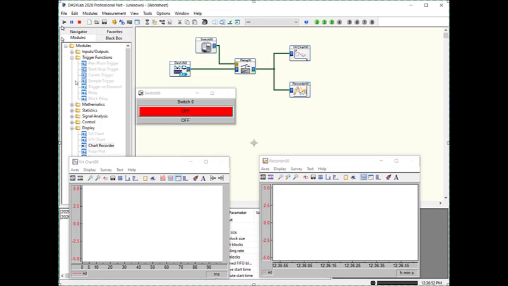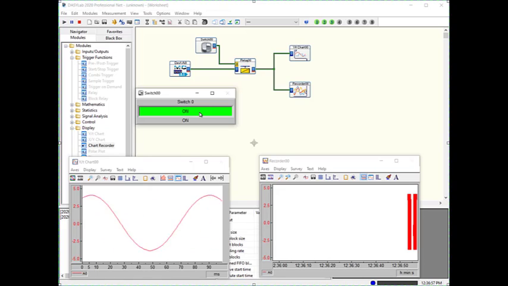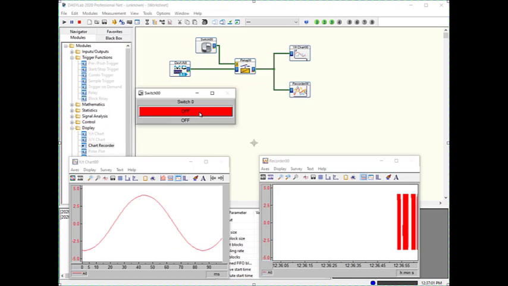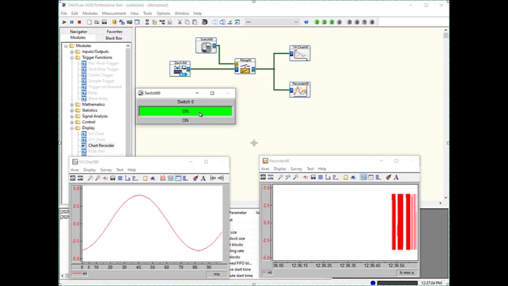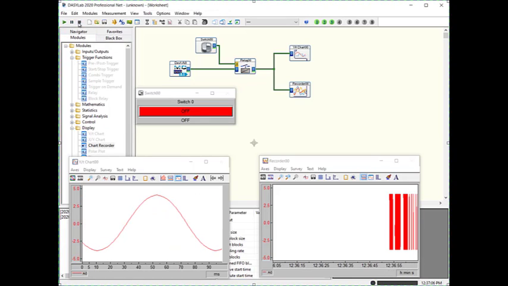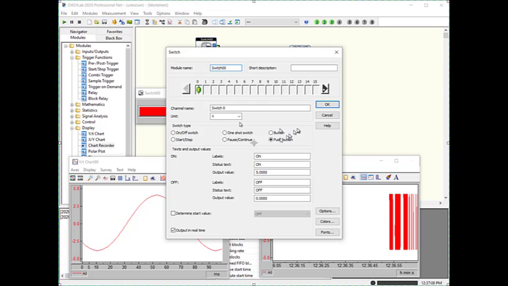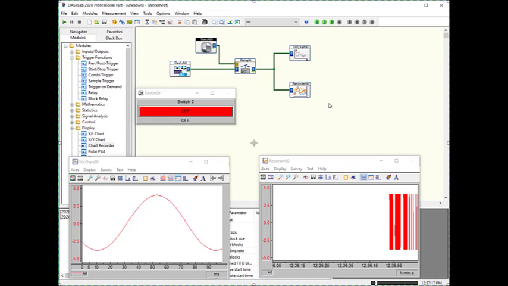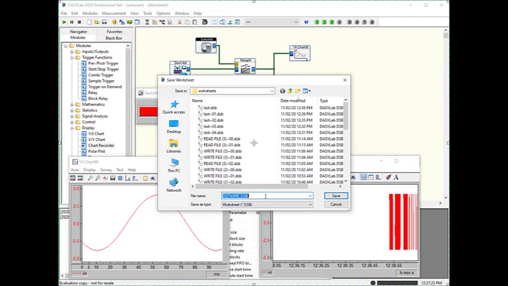If I click start, as long as I hold the button down, it will stay closed. So you can do burst modes here, but more typically, I work with a one-shot switch to be able to get a short burst and the switch immediately goes off again. So that's a simple view of an oscilloscope type of function. Save this worksheet, and we're going to do switch